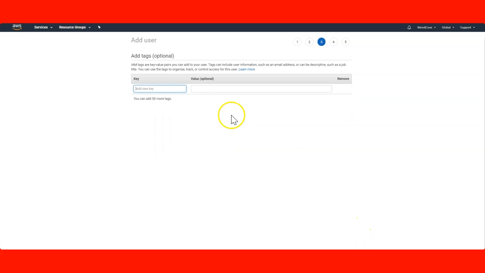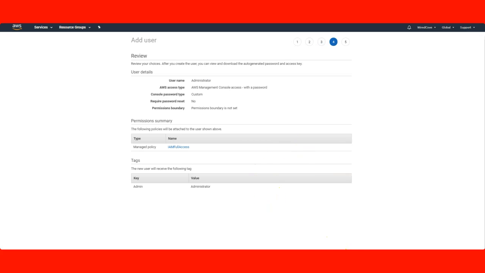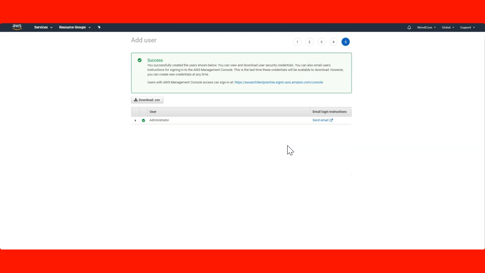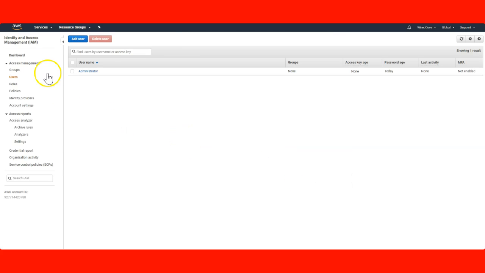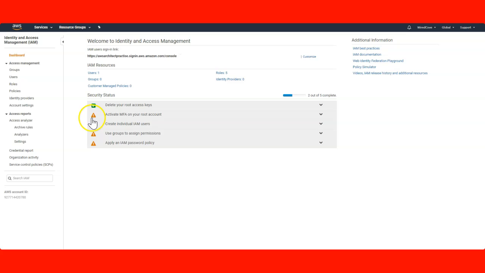All right, so let's go to next, and here I'm saying it's administrator, and that's my tag. Next, review and create user, and now our third option is going to be green. Let's go back to the dashboard, and it's going to be green. It should also be green once you enable the MFA.